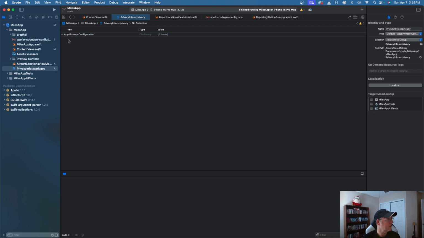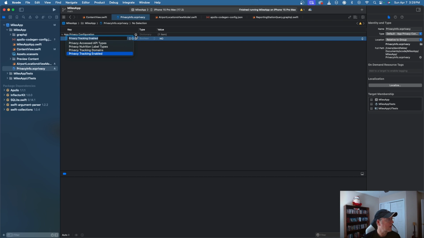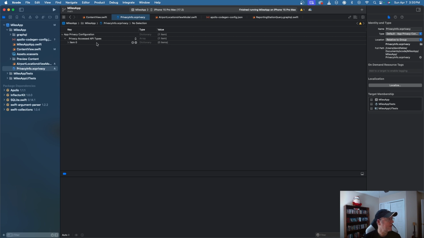hold on a second, it's not letting me add. There we go. So right here, it gives me the option of picking privacy accessed API type. So I'm going to select the API type. Now that I've done that, I'm going to expand that, and we have an item here, and that's because this is an array. So I'm going to add a new item, and it added an additional item that I don't need yet. So let's expand that, and I'm going to add a privacy accessed API type,